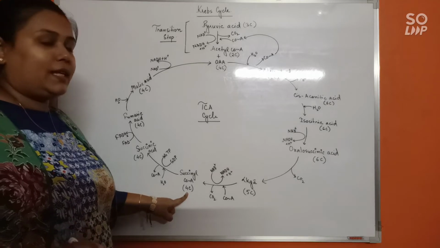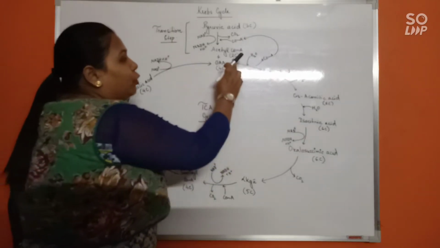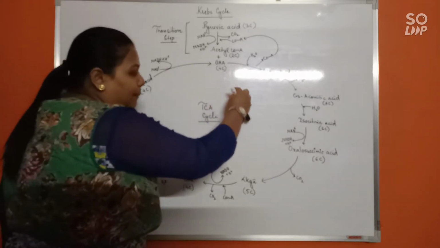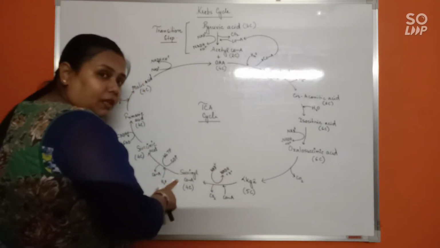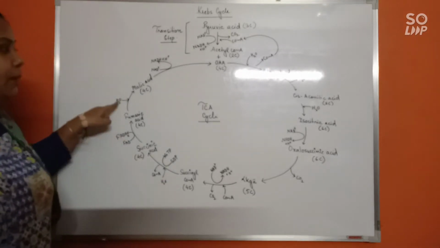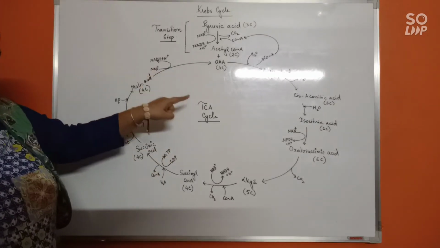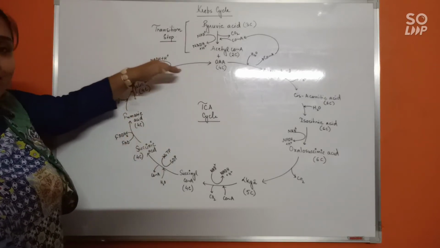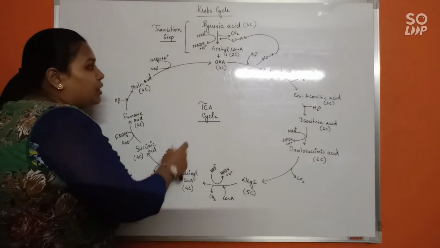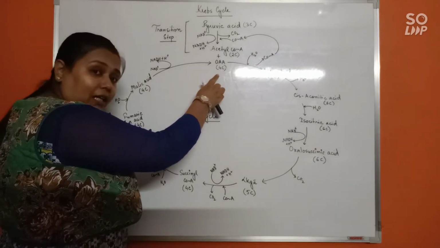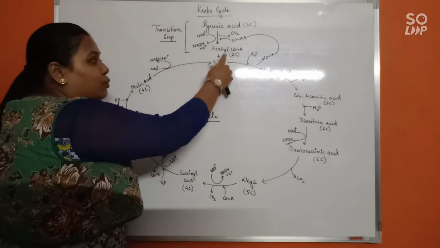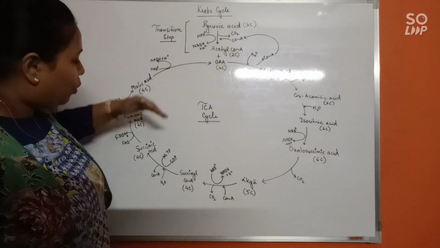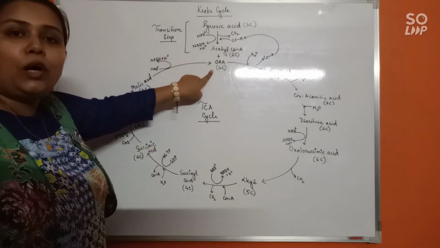So, in a way, you can say that the final objective of losing these 2 carbons is completed here itself. So, as if Krebs cycle is completed here itself. Because after this, no further carbon will be lost, no further breakdown as such will take place. Then why is it happening? Why are these particular steps existing? That's because we need to recycle the oxaloacetic acid back. We need to recycle it so that using it, another round of Krebs cycle can start. So these particular steps are only to recycle back what we had taken.